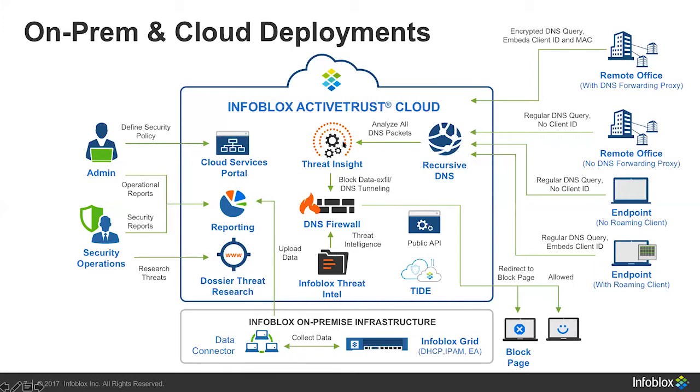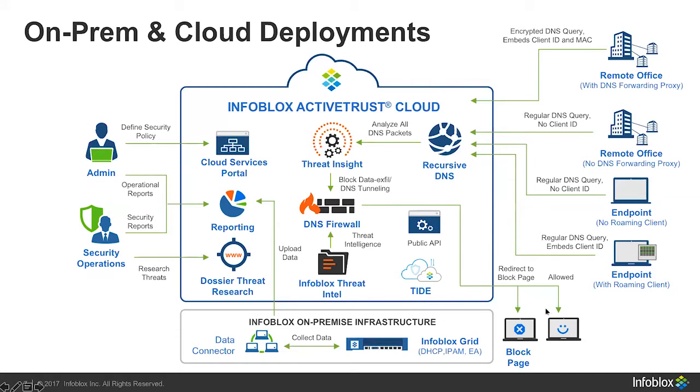big data analytics models that we layer on top of the firewall to analyze your activity and look at things from pattern matching to tunneling, exfiltration, all the different kinds of algorithms that Infoblox has patented as our big data analytics inside of the threat insight component. Once the firewall, of course, is receiving all your recursive DNS queries, we also have a full public API stack, our tied data exchange, which is threat intelligence data exchange, which we'll talk about more,